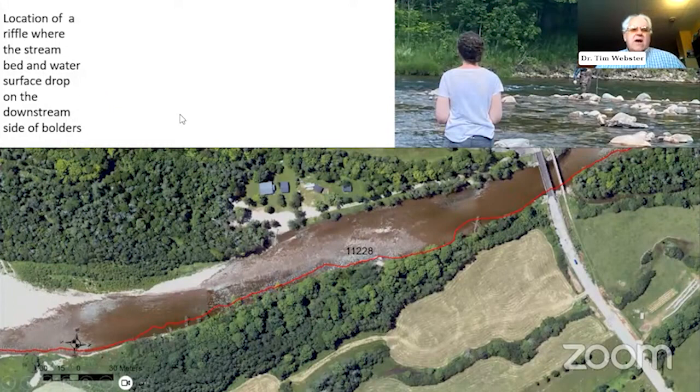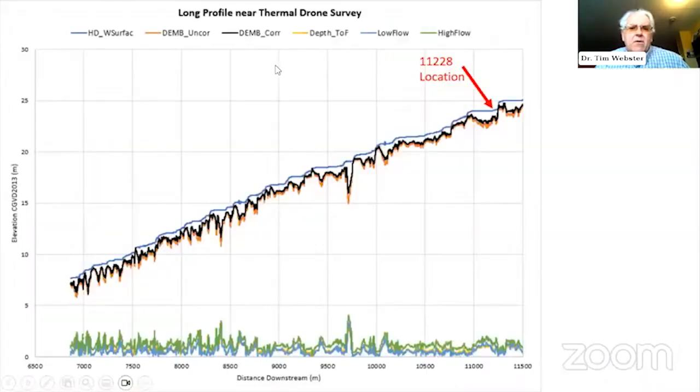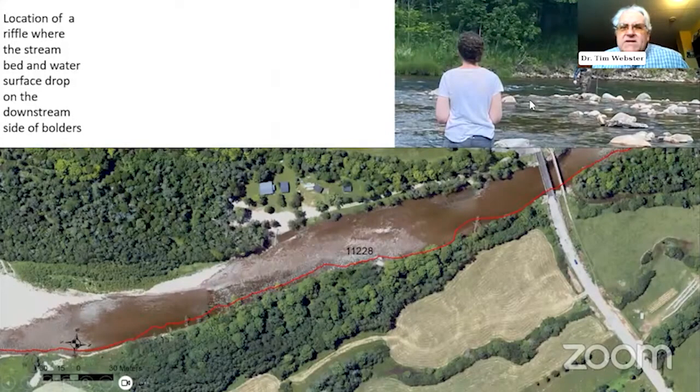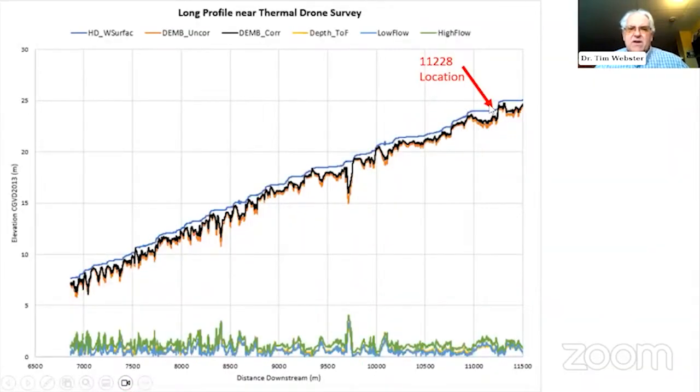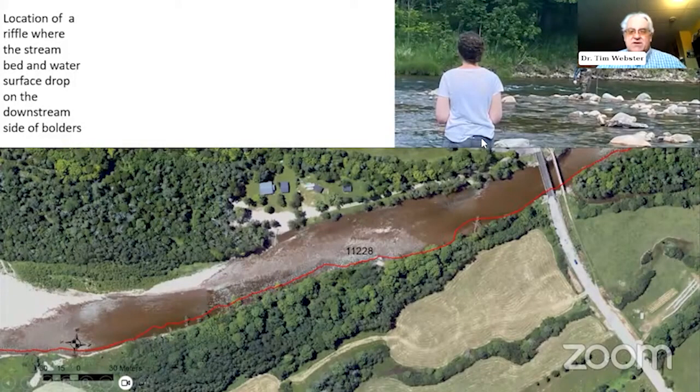Location of the riffle. And if we look over here on the photograph, we can see that on one side, Lauren is about knee deep over here compared to on this side. So there definitely is a distinct step in the water surface as we move from this bouldered area into this faster flowing area. So in fact, we feel this is an accurate representation of the water surface, and as a result then of the